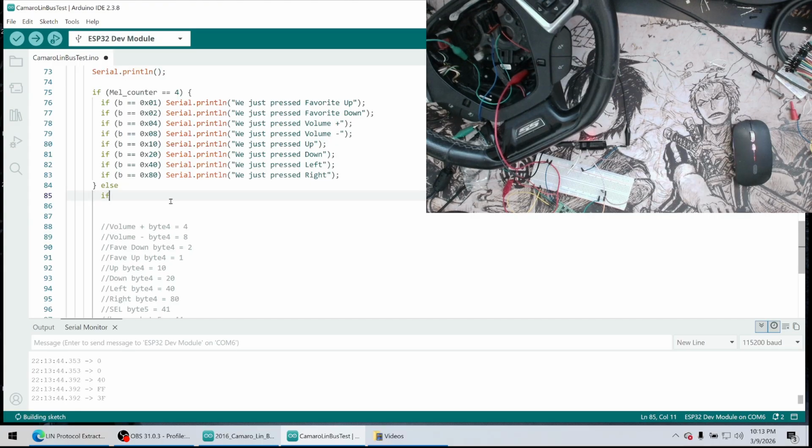So we'll say if B equals, what was it? 41, 42, and 44, right? Okay, let's put in